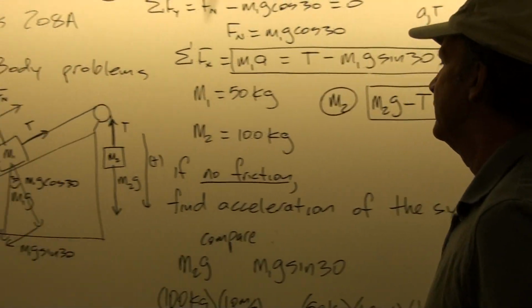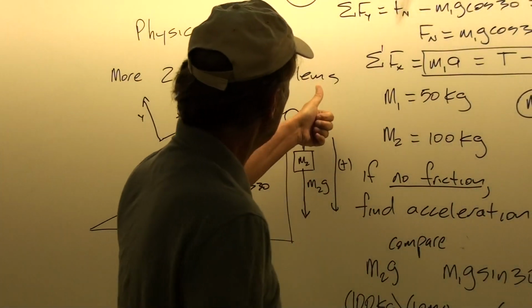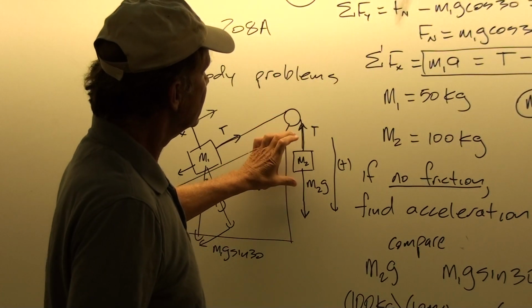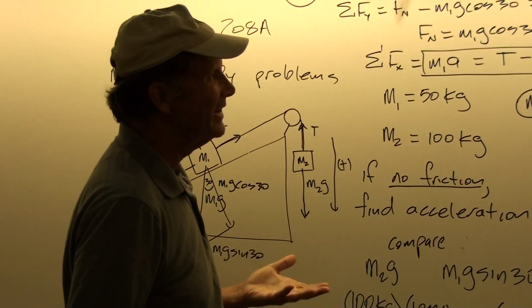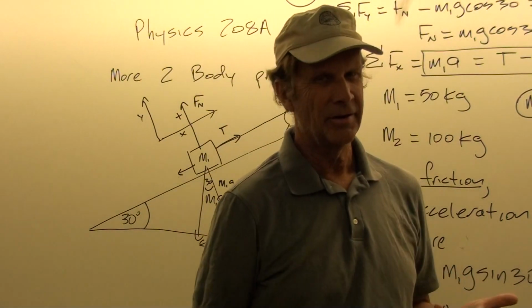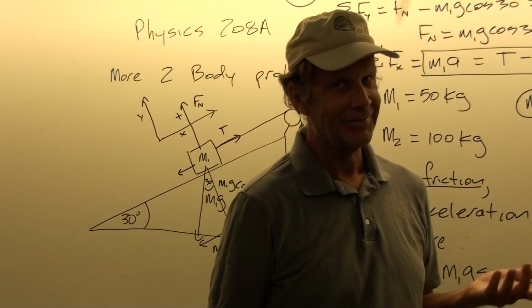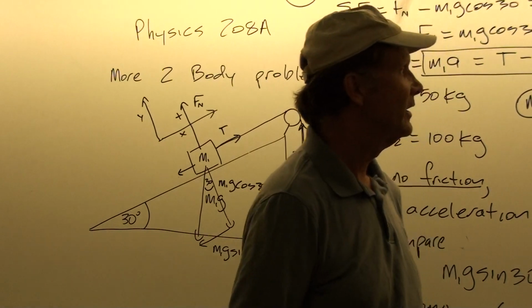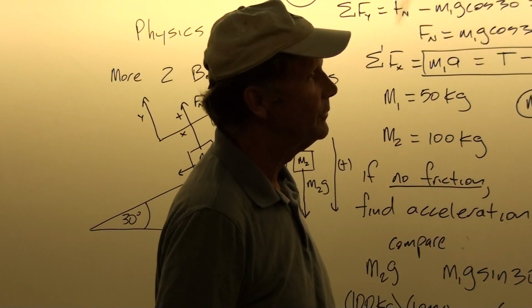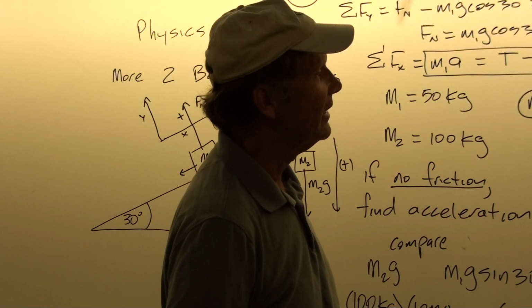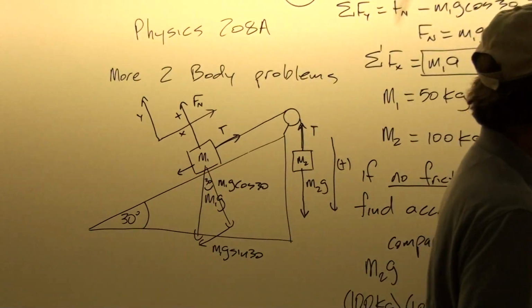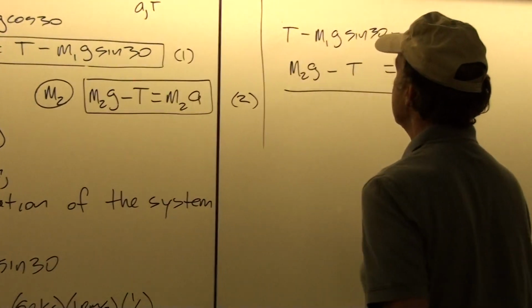If you haven't defined it that way, for example here, if you've defined up as positive, then this acceleration is going to be negative, and that gets kind of confusing, and it adds a third unknown. Because then A2 and A1 are the negative of each other, which confuses even me. So I think this is a simpler way to do the problem. So let's go ahead then, we'll add the equations together.